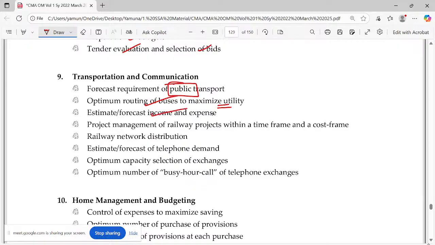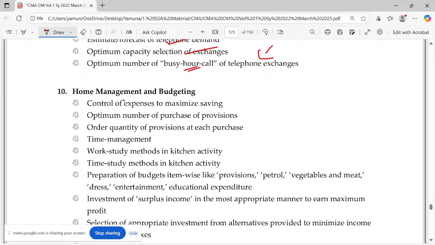How you're going to forecast the income, and how you're going to estimate the expenses, what will happen, and what about the railway projects, whether it's working within the time frame and cost frame, railway network distribution, telephone demand is also important. Then selection of exchanges and busy hour call, like telephone exchanges, sometimes they are becoming busy, so on that kind. Home management and budgeting side, control of expenses to maximize saving, purchase of provisions, like how much to order,